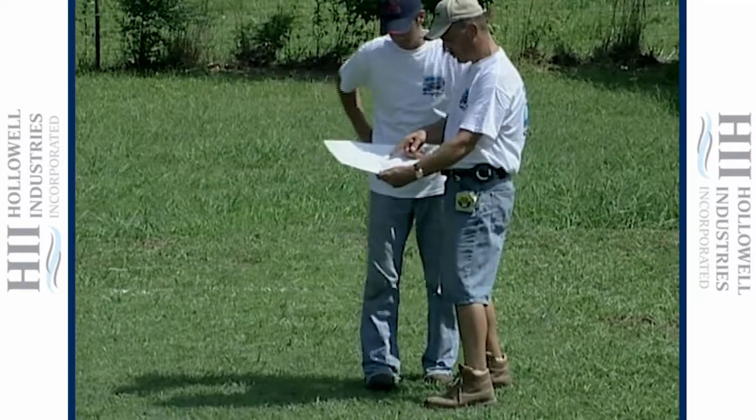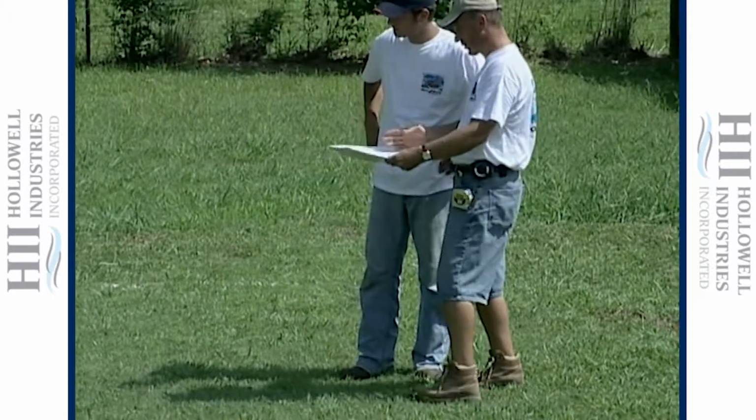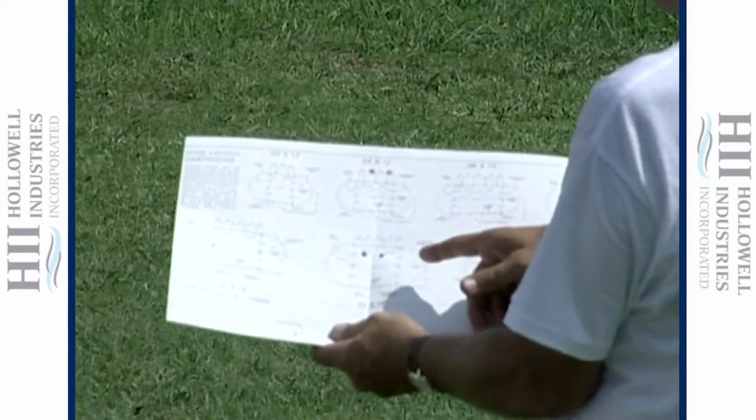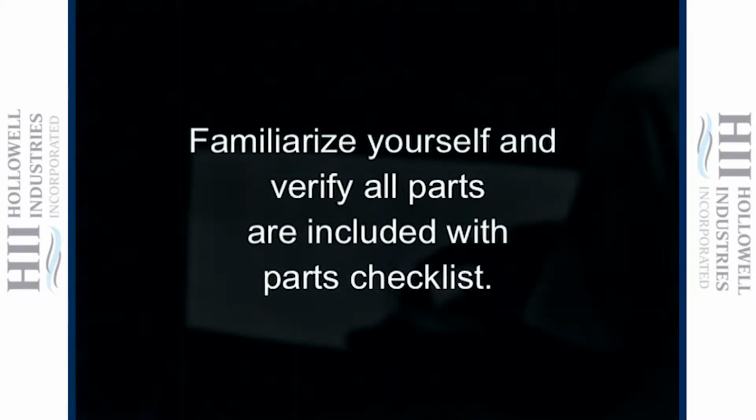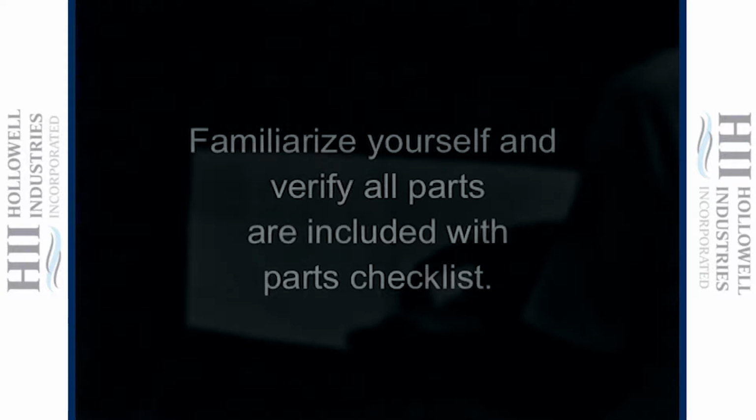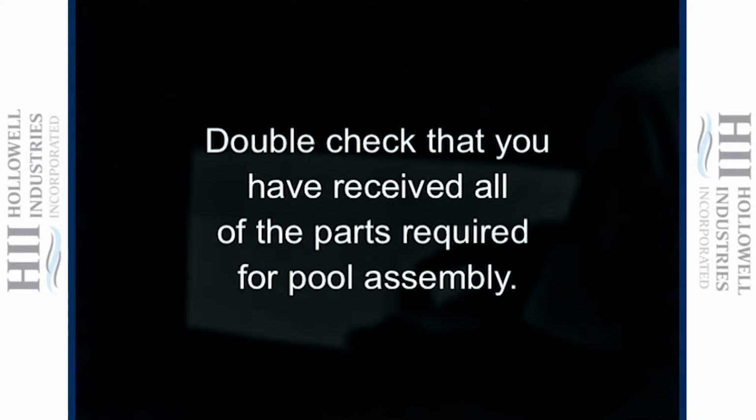Even the most experienced installer must make a point of becoming familiar with the set of instructions that come with the pool before beginning installation. To familiarize yourself with the parts needed and to verify that all parts are accounted for, you will need to check them against the enclosed parts list. Once you have familiarized yourself with all of the parts and have double-checked that you have received all of the parts required to assemble the pool, you are ready to lay out the pool at your selected location and prep